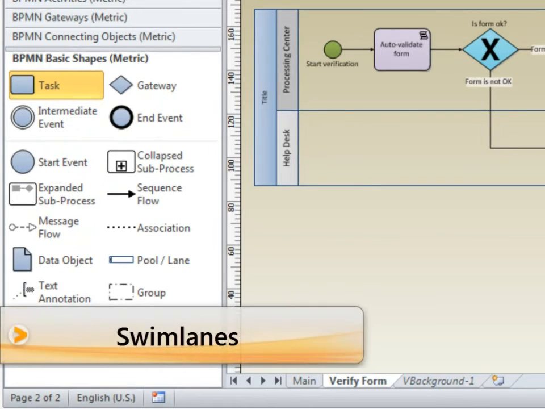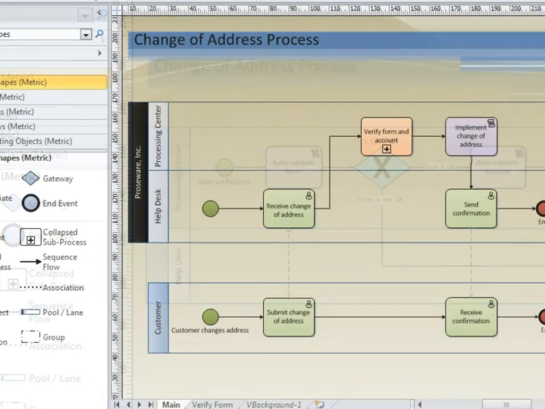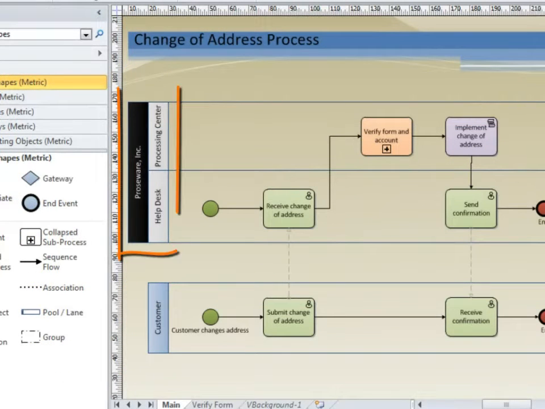Swim lanes are the same as in other cross-functional flowcharts. Each person or group involved in the process has a lane. Each activity is put into the lane of the person or group responsible for that step. BPMN also has the concept of pools, which are separate, self-contained entities involved in a process. For example, 2 companies transacting business, or a company as one pool and customers as a second pool.